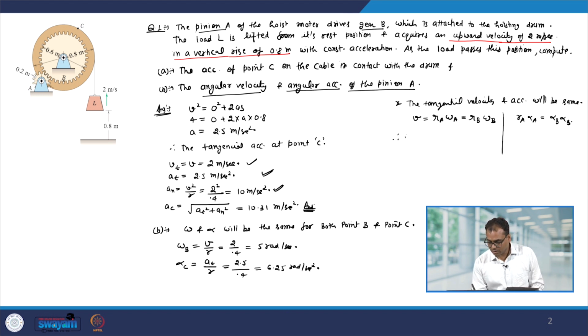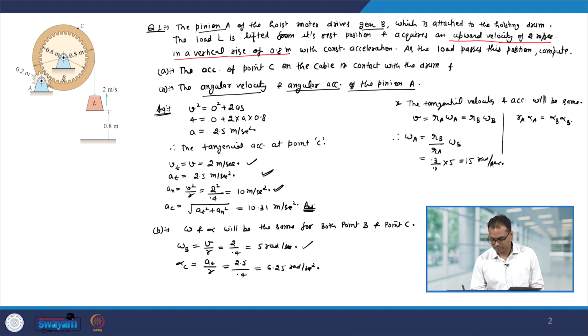So, therefore, omega A will be R_B over R_A into omega B, and omega B is known, R_B and R_A are also given in the figure. So, that comes out to be 0.3 divided by 0.1 into omega B, which is 5. So, that is equal to 15